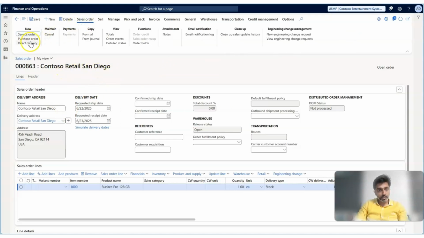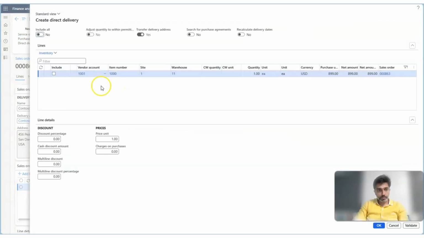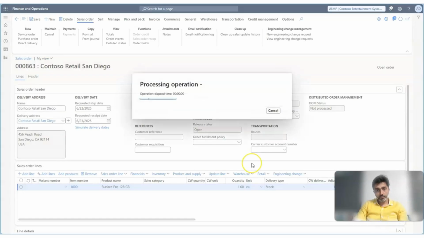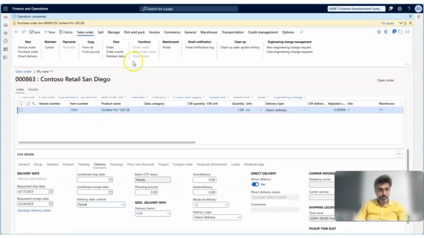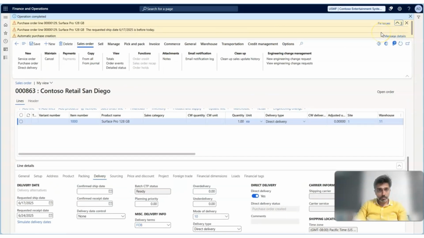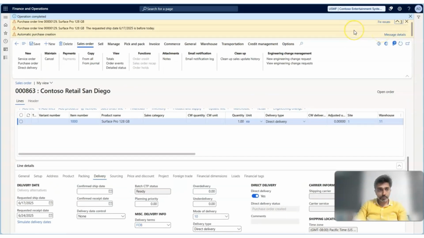Now let me try to create a direct delivery chain, and then let's see what changes it causes to the delivery dates. So this is the vendor account which we added in the release products, and then I will include that line, then I will click on OK. This will create a purchase order automatically, and we already discussed this in the procurement sourcing module. In that playlist we already discussed that,